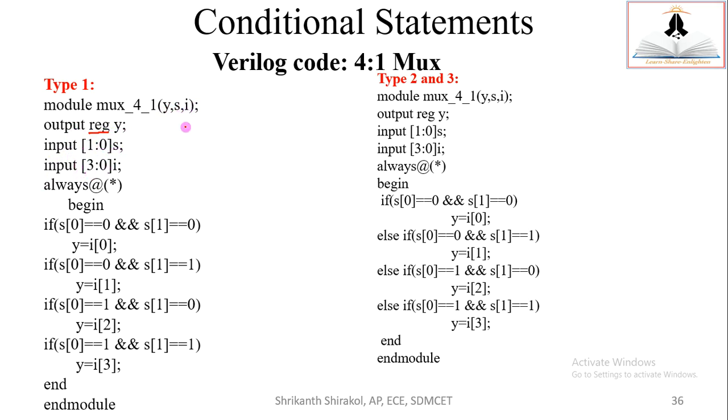Then you have inputs 3 down to 0, I3, I2, I1, I0, S1, S0. These are the inputs. Always at star. Star means what? Star means cover all the input variables. Rather than writing, it's equivalent to writing always at